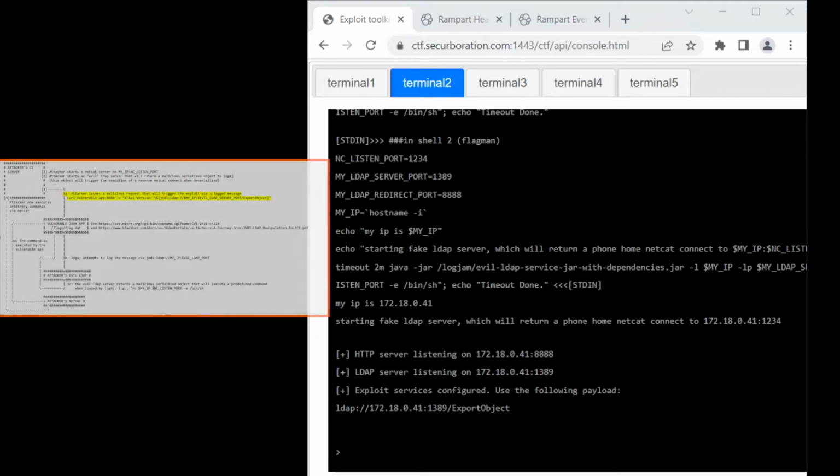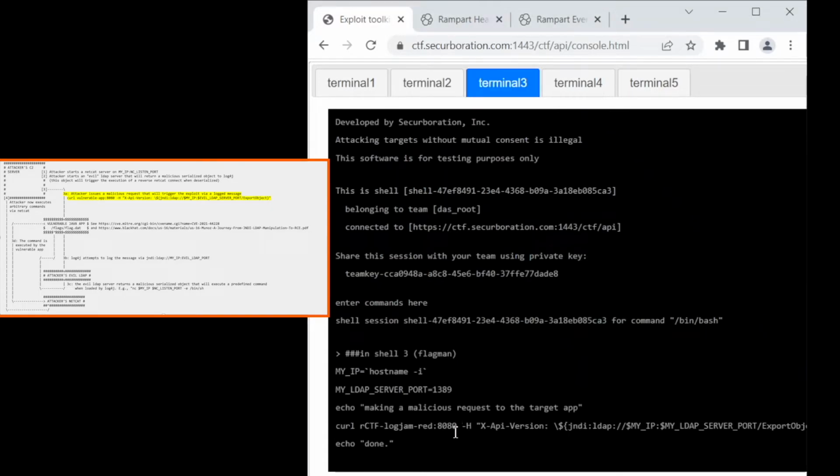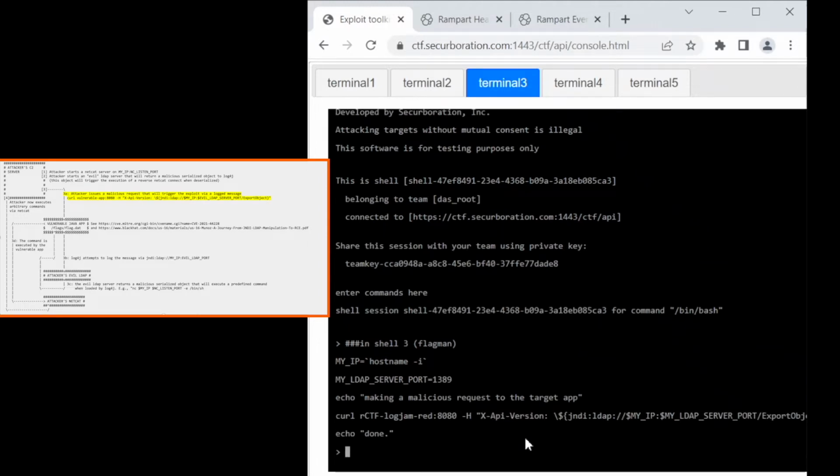And then the third piece, like I hinted at earlier, is to make a request that's going to contain that JNDI lookup directive in a header value. When that string gets logged, it's going to give me a shell into the server via terminal 1, which I set up earlier. So here we go. All I'm doing is passing this JNDI LDAP string as a header value, the X-Api-Version header. So I fire this off,